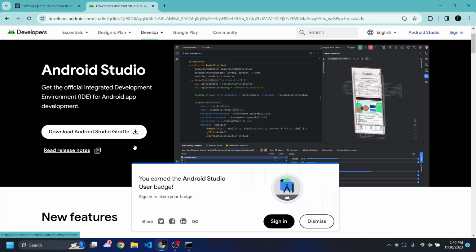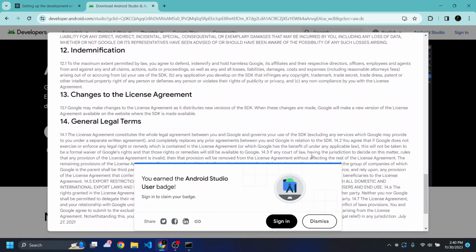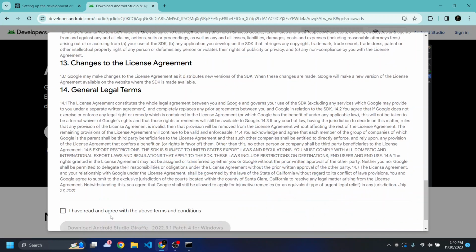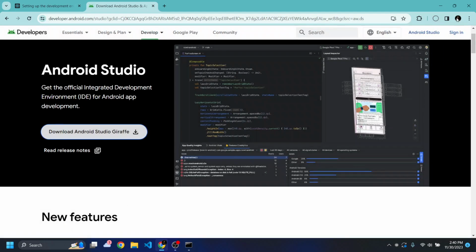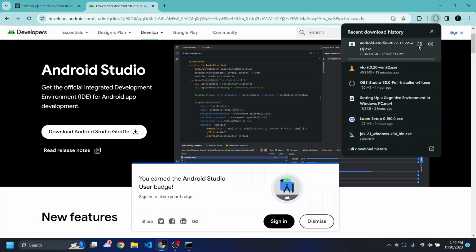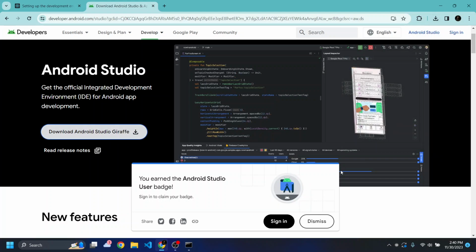The installation is pretty much easy. You will tap on the install button, accept and agree, and install it. Whenever you click on the install button, it will be installed. I will cancel it because I have already installed it. So after that,